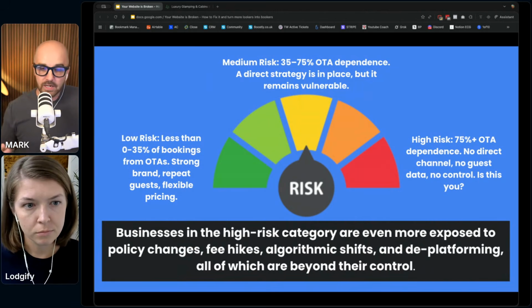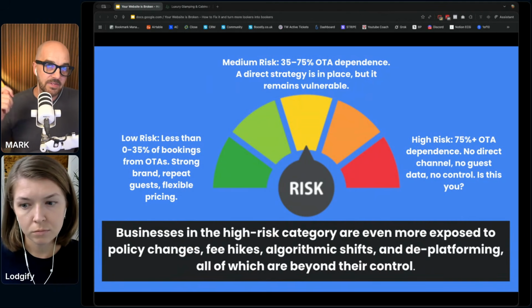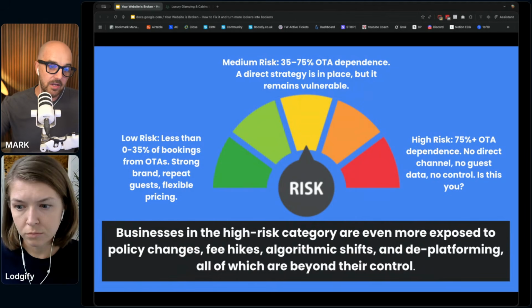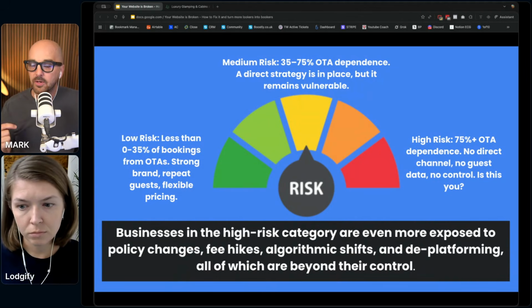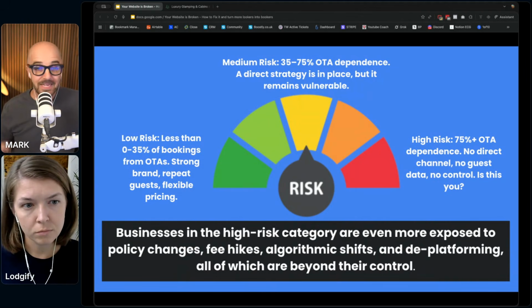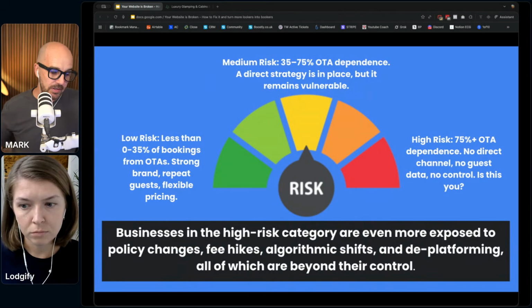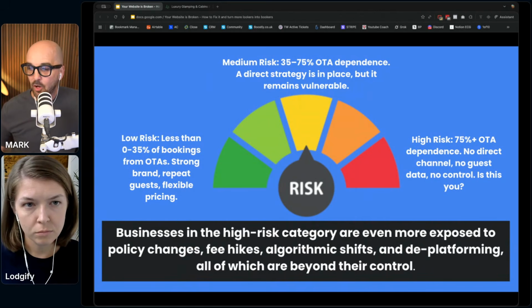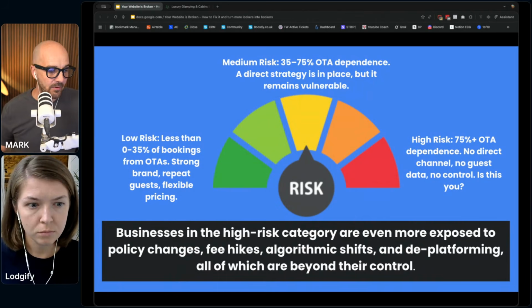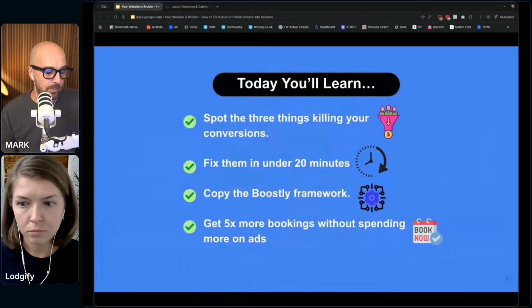My worry, without even looking at the results, is that the majority of the people in this room, and we're going to have 500 people registered, I reckon we've got close to 100 people in with us, my worry is that 85% of the room or higher are in the high risk. And this is why it's really important. My goal, my mission is to help all of you get to 35% OTA bookings, 65% direct. And I'll talk to you later about why that number is important.